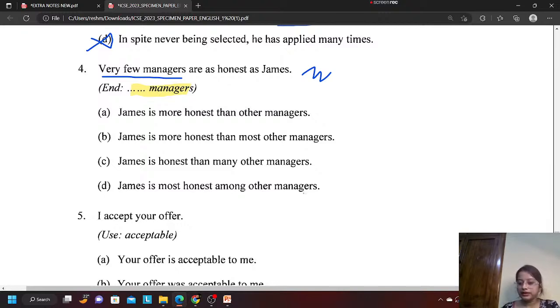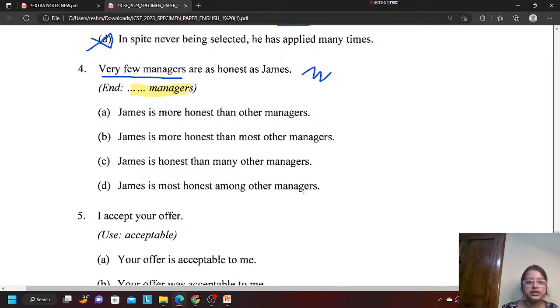Now, this can also be the case that in one such exam, Mayank has got 10 out of 10, Vinita has also got 10 out of 10. Both got the same marks. So I cannot say that Mayank is the best student in the class, right? Why? Because someone else has also got marks. Vinita also got 10 out of 10. So how can we frame the sentence in that case? We will say that Mayank is one of the best students in the class. Okay, because there is one more. In that case, we will use one of the best.